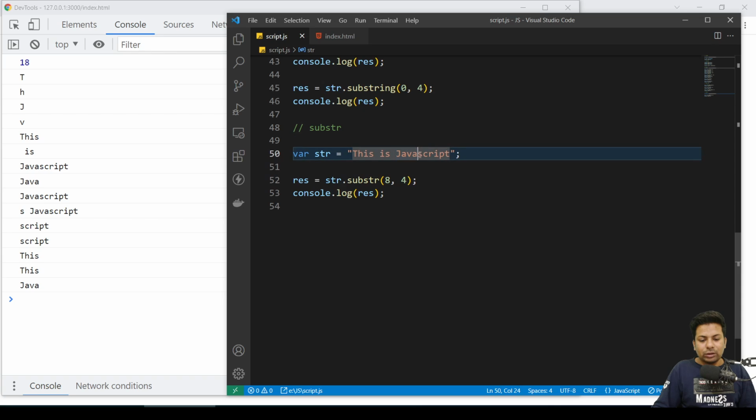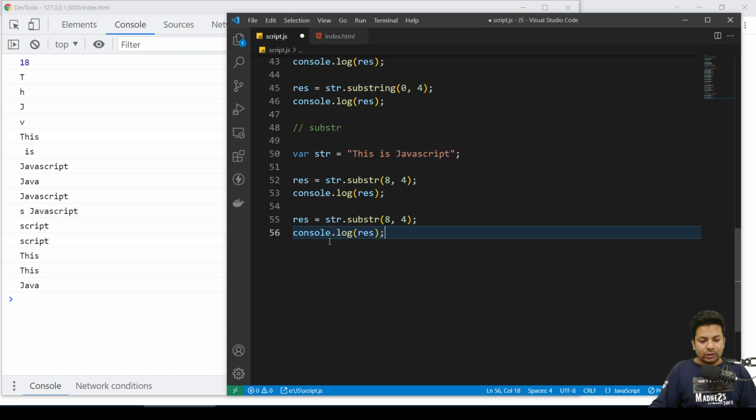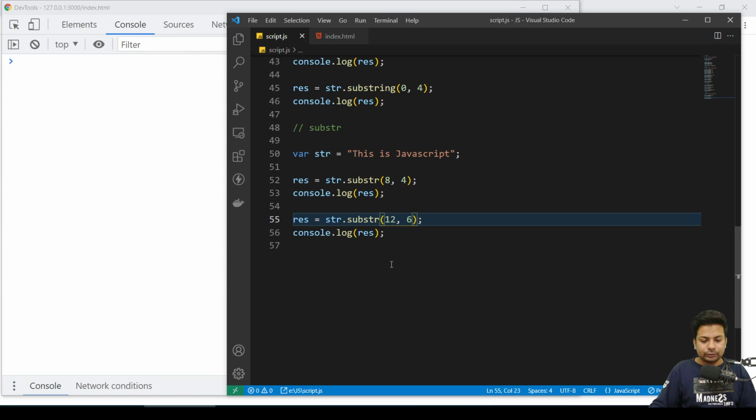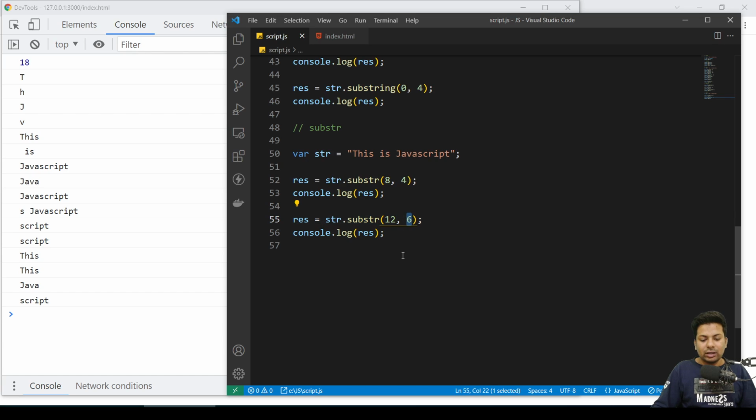Now from the 12th I need 1, 2, 3, 4, 5, 6 words. Okay, now I'll just copy this. From the 12th, give me 6 words. See, I got the script, but in slice you have to write 18 here, because you have to give the particular index number.